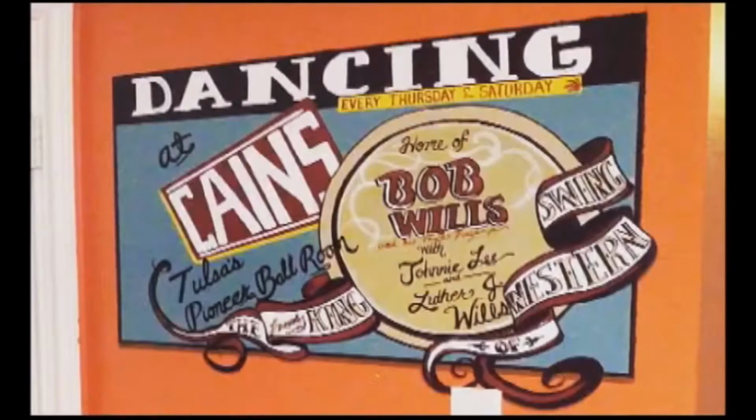This one here is probably my favorite because this is actually on my wall at home, because I'm always painting on something. And this is a representation of an actual sign that may still be hanging at Cain's Ballroom in Tulsa. Cain's Ballroom, home of Bob Wills and the Texas Playboys, is extremely influential to not only me, but